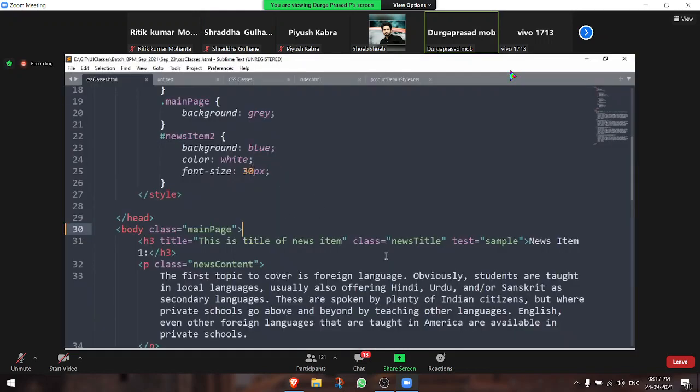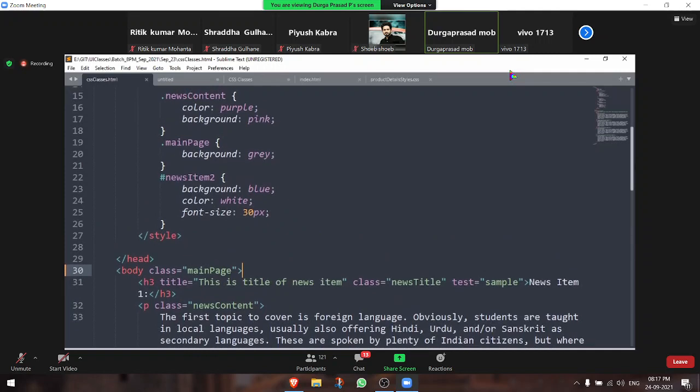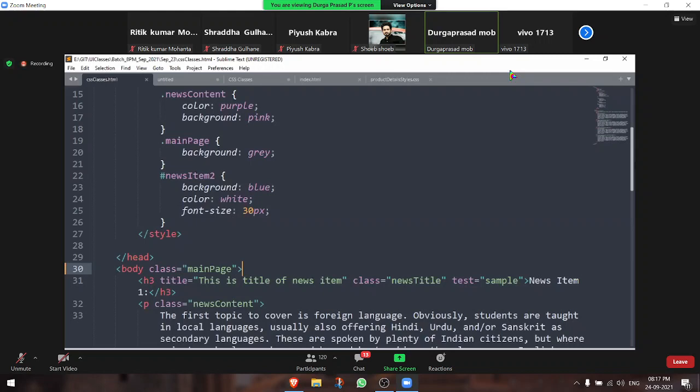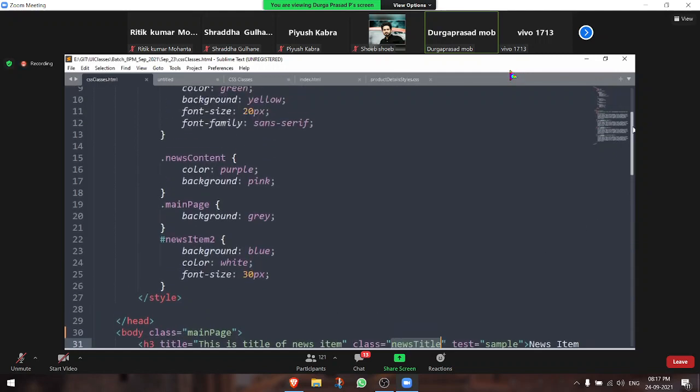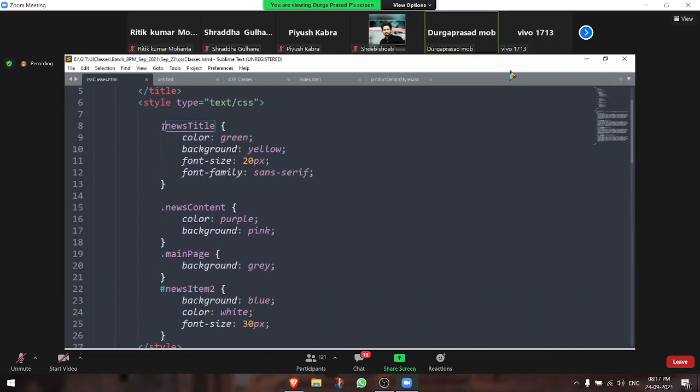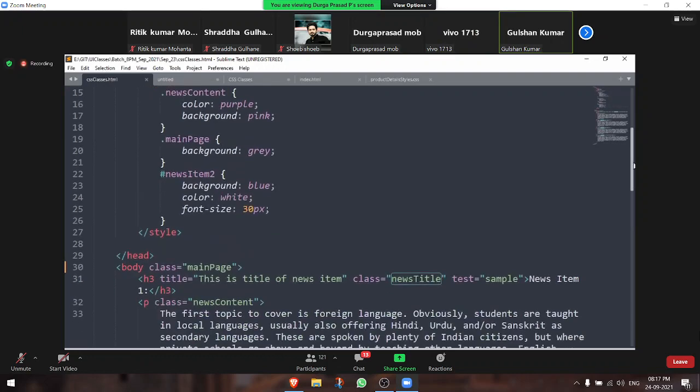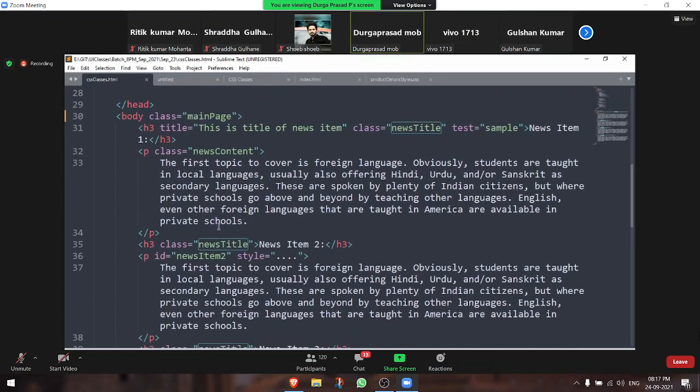Now, if every H3 tag within the current page has the same look and feel, why go with a separate class called news title? We are taking up memory for the class and also injecting that class into the particular element.